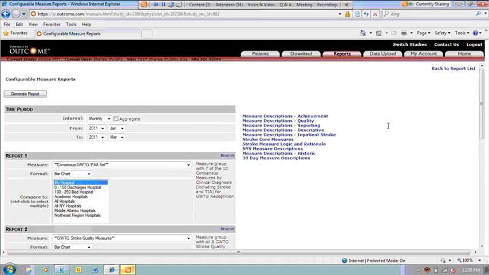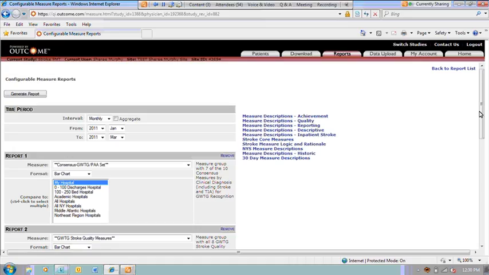So if I know the total number of patients and what the diagnosis was for each of those patients, it helps me to understand the number of patients that may be represented in the denominator for the various measures. So I also want to know my total number of patients so that I can think about whether or not the data looks correct.